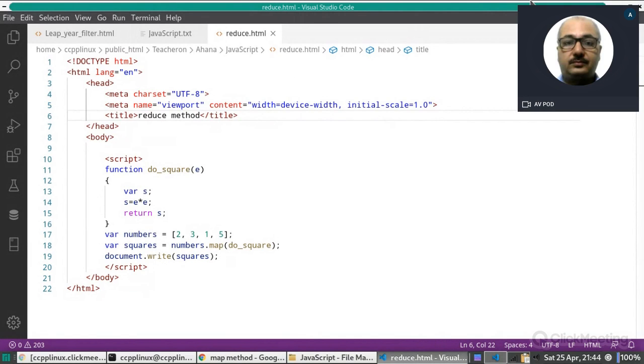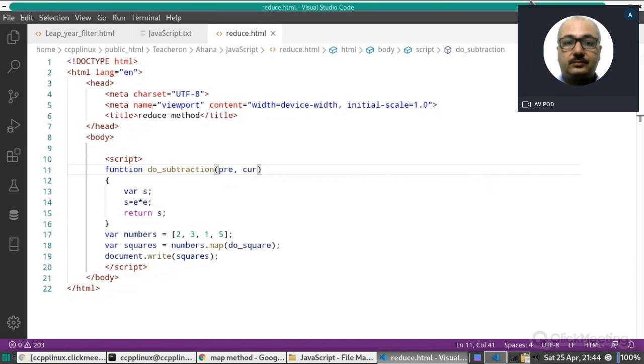And now suppose the function's name is do subtraction, since we are going to subtract, and here we are having two arguments, previous, suppose its name is pre, and current. Its name can be anything, x, y, z, anything.